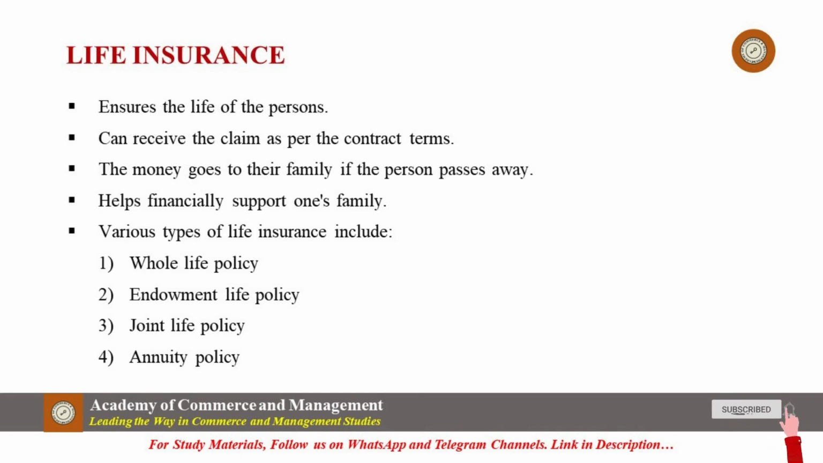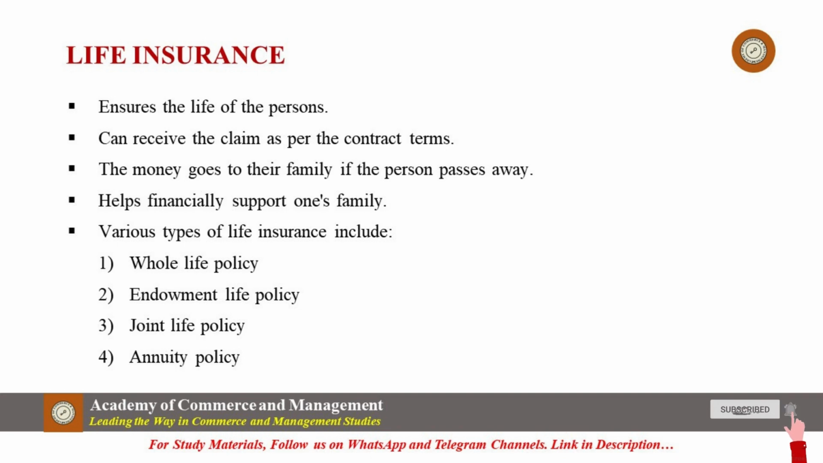The first type of insurance is life insurance. Life insurance type insures a person's life. They can receive the claim as per the contract terms. Usually, the money goes to their family if the person passes away. This insurance helps financially support one's family. Various types of life insurance include: